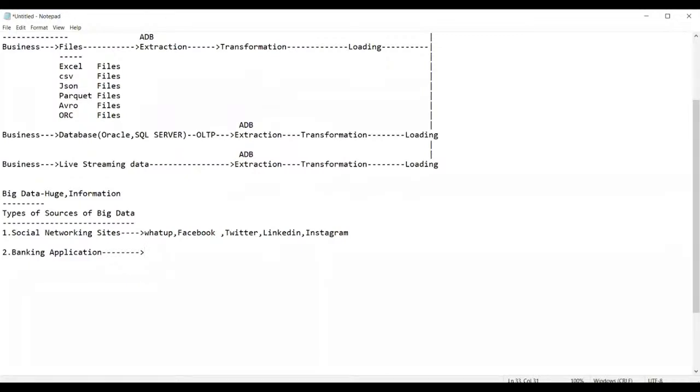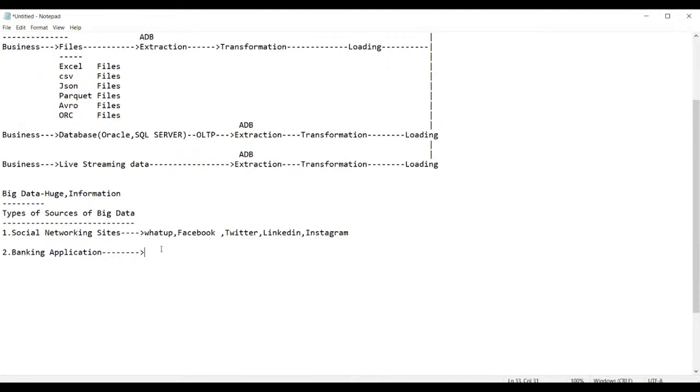Suppose you go to a bank and get an entry done. In your passbook, you have made some entries: some cash withdrawal, some deposit, some online transfer, some purchase entries. That means you have done some transactions. But you have made only 3 transactions, and it will print 7 to 8 lines. Am I right? It will print the balance and the deduction after the debit. That means banking data is considered a massive or huge amount of data across the globe.